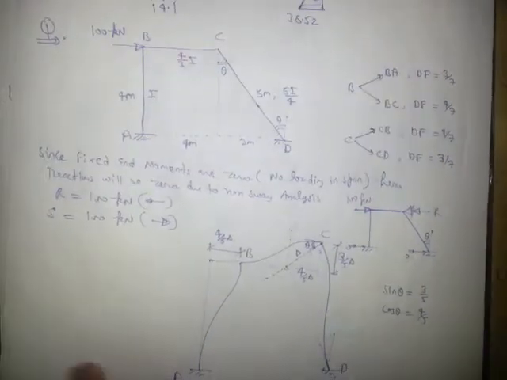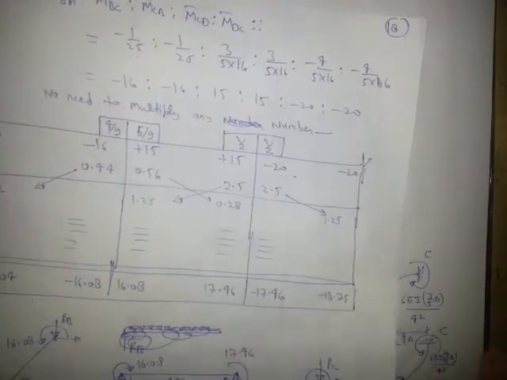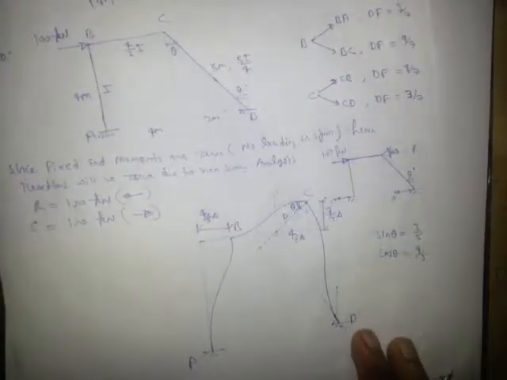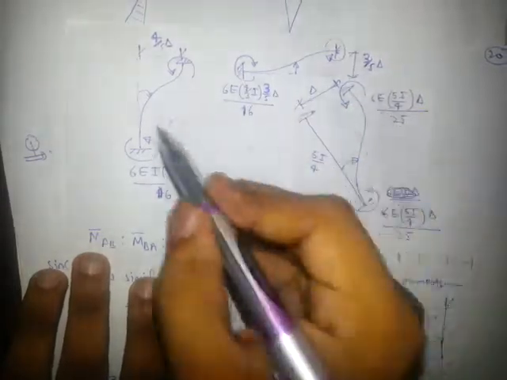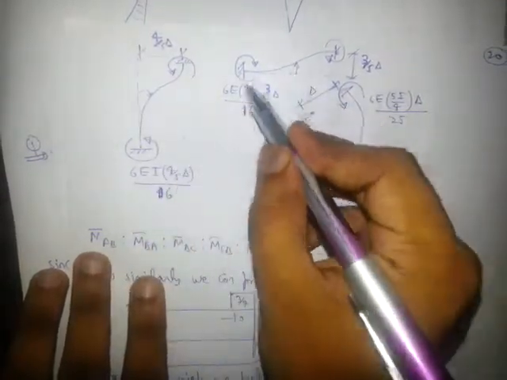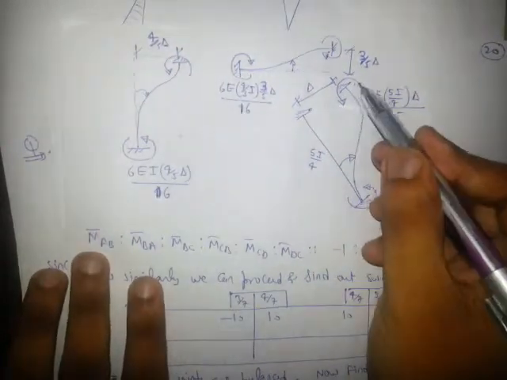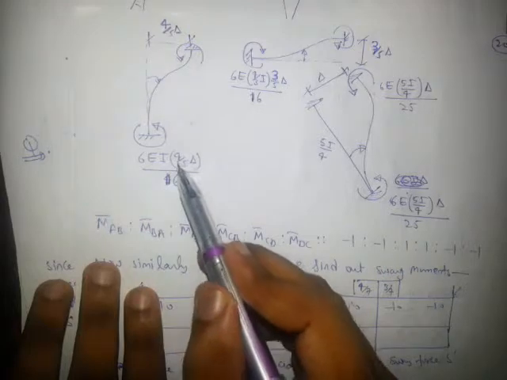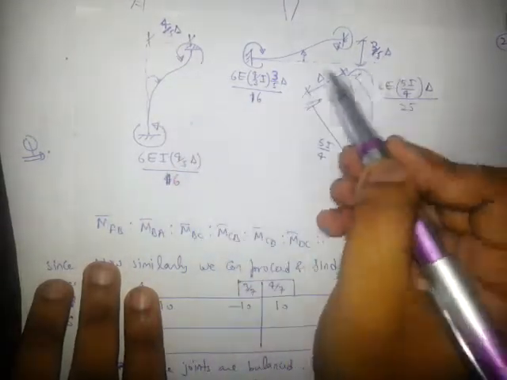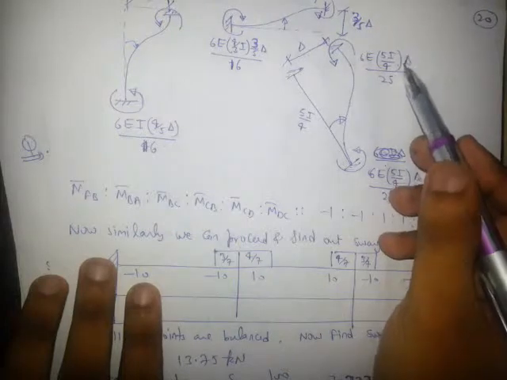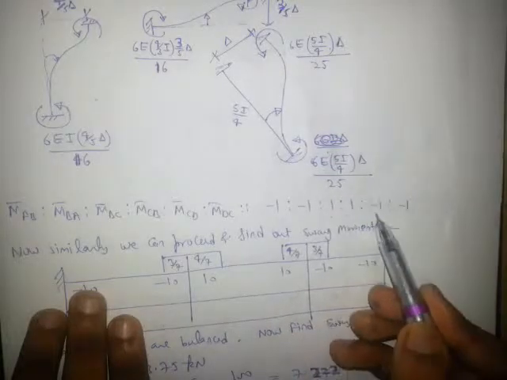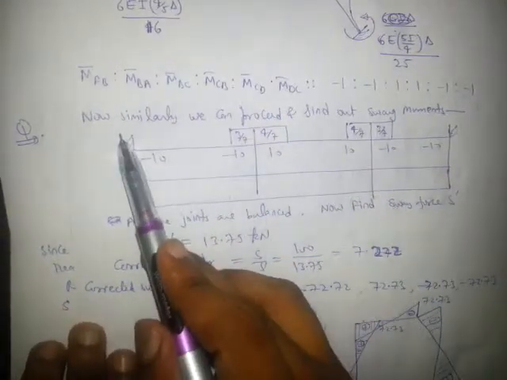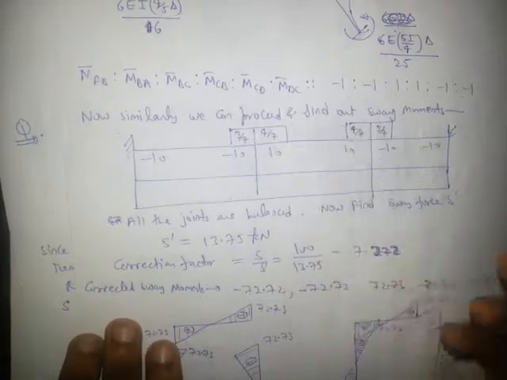Now we will again calculate these end moments. So the end moments will be like this, as in the same earlier case. This is clock, so they will be anti-clock. This is anti-clock, these will be clock. This is clock, these will be anti-clock, and value will be 6EI delta. For this it is 4 by 5 delta, it is 3 by 5 delta, it is 5 by 4. See, it is single delta, right? So the ratio will be -1, -1, 1, 1, -1, -1, right? So now we can proceed the similar way, right?